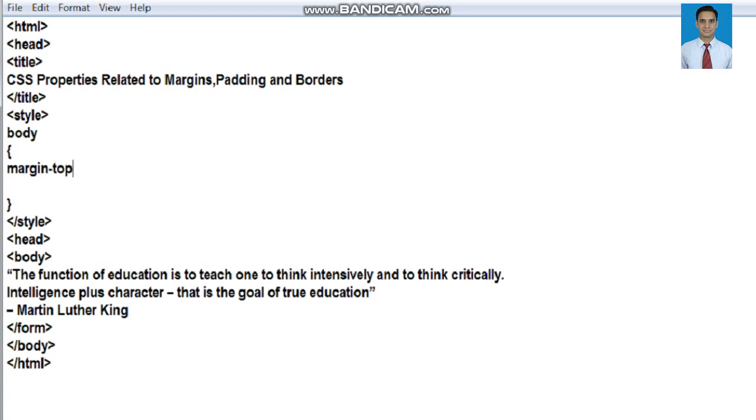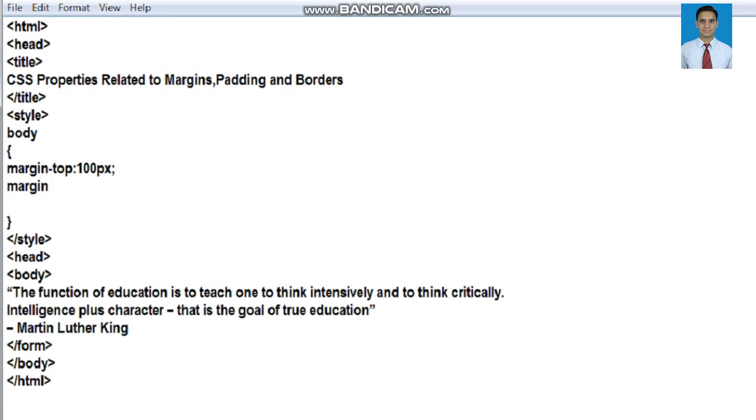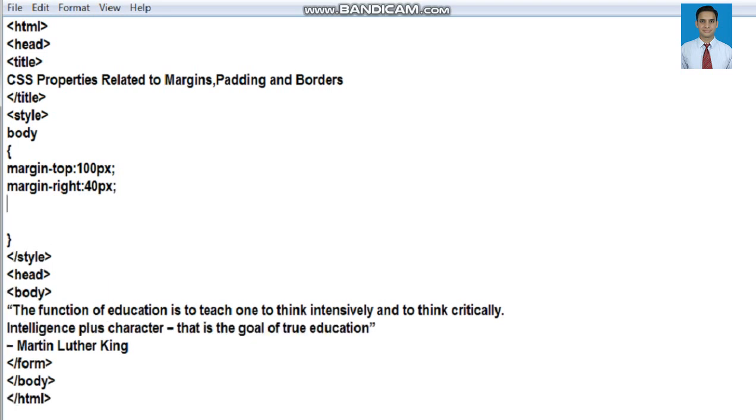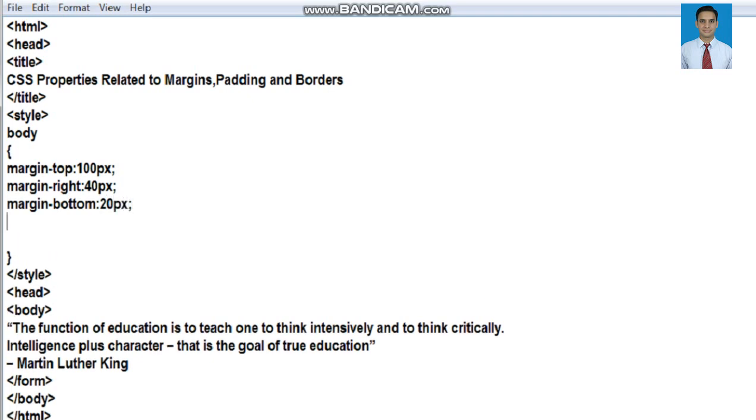The margin top is 100 pixels, margin right is, for example, 40 pixels, margin bottom is 20 pixels, and margin left we will set as 70 pixels.